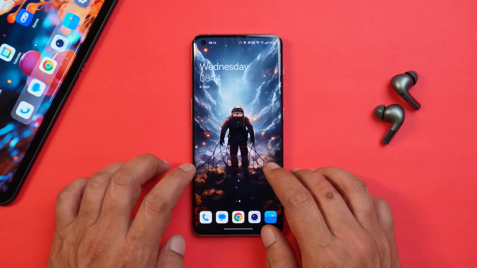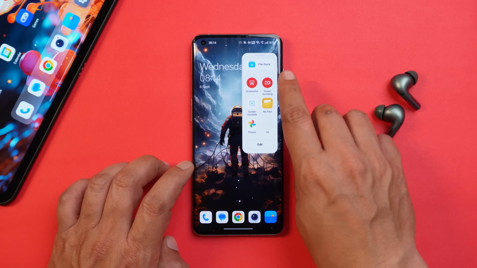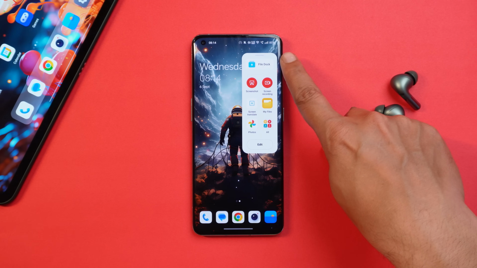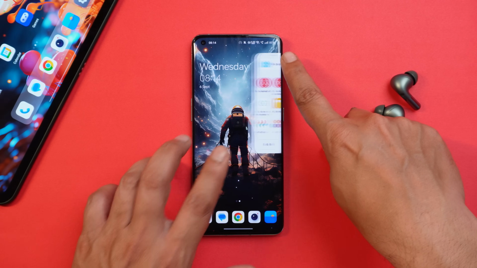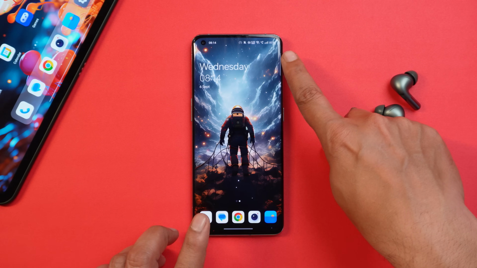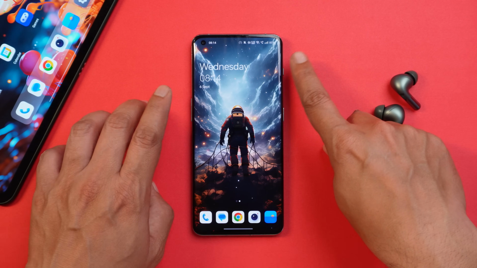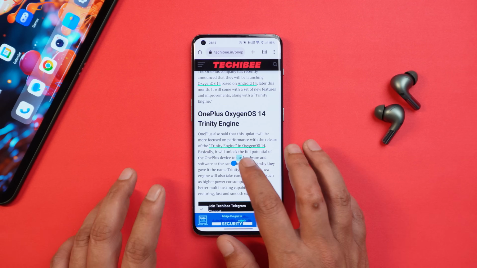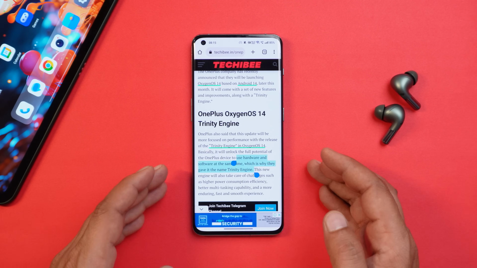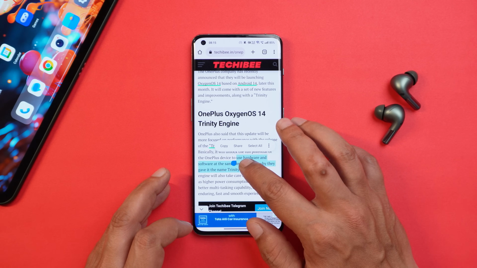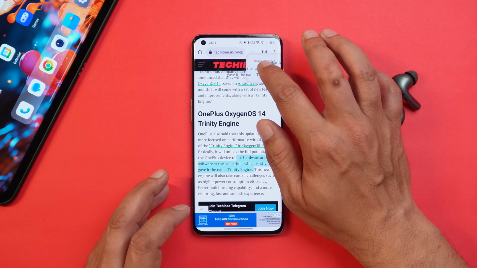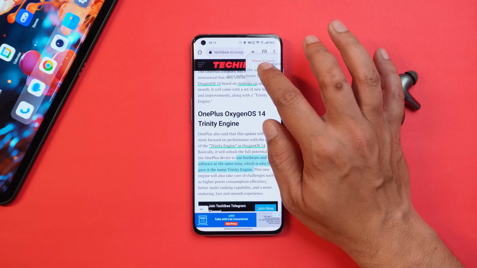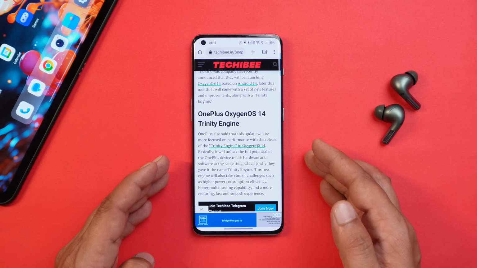One cool feature OnePlus has added is in the sidebar. Here you can see a new option called file dock. It's a very useful feature I have already shown in my OnePlus 11 video, but for new users or OnePlus 10 Pro users, let me show you how it works. For example, if you have any text which you want to copy, you can just long press on that particular text and select it. You can hold the text and drop it to the file dock. Hold the text, and you'll see a pop-up of the file dock. After that, you can just place the text in the file dock and your copied text has been saved in